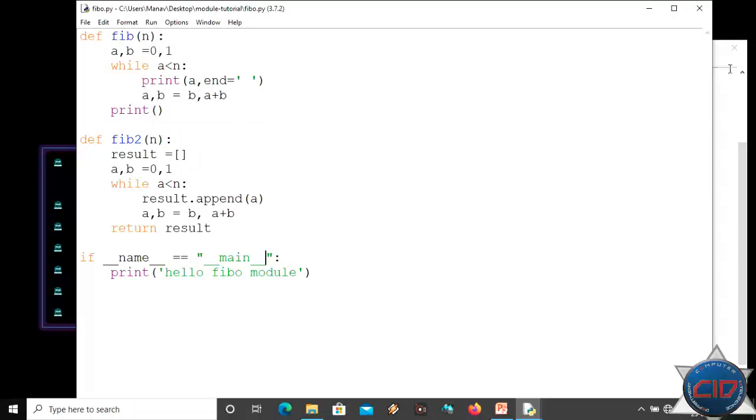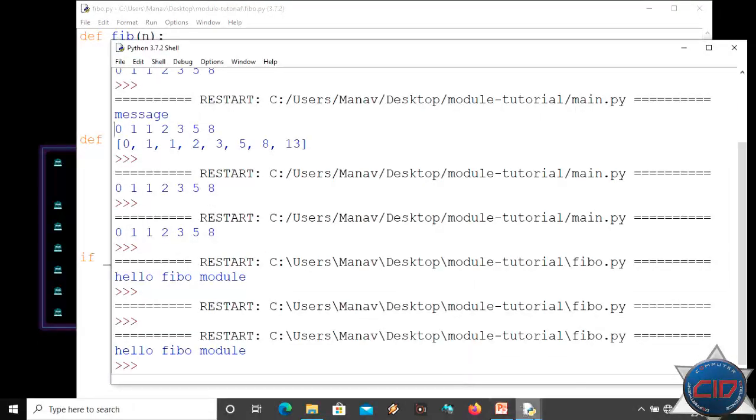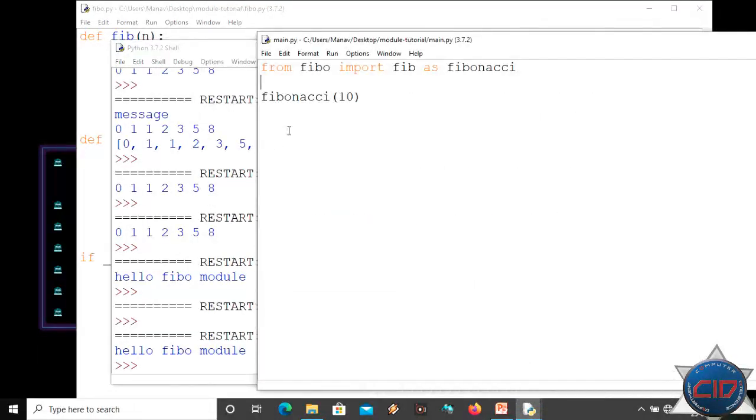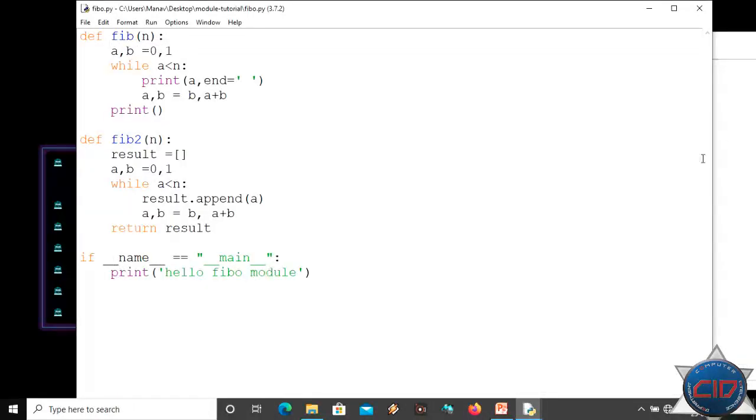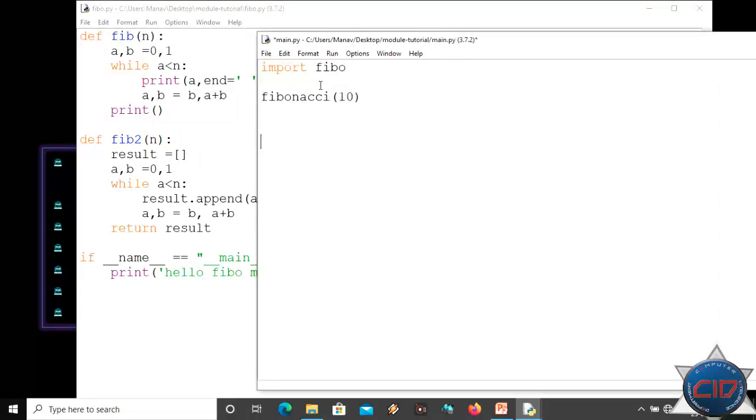Now let me go to another file. Our other file is main.py, and here I'm going to import Fibo. Okay, import Fibo. Now let me check what the name of that Fibo module is, because here it is main, but what will it be here? Let me check by printing Fibo.__name__.